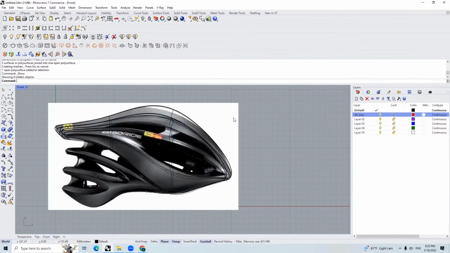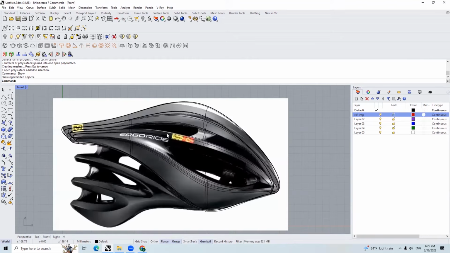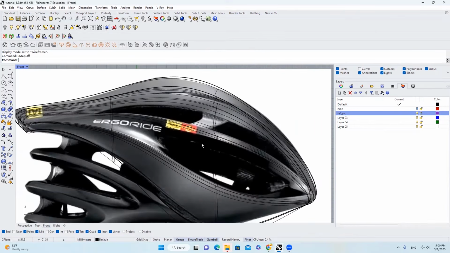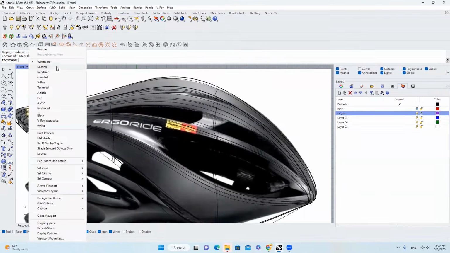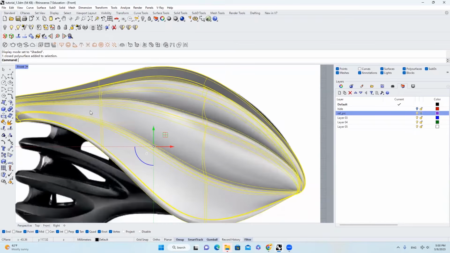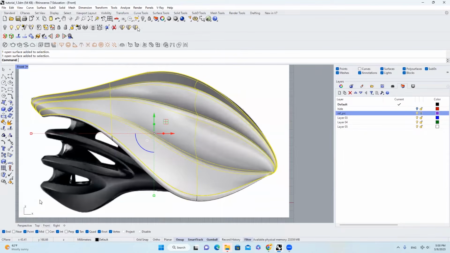I'll unhide the reference image, and then I will start our next step. The next thing we're going to do is turn on those openings on the surface. So I'll go back to the shaded mode, and then I will just explode it, isolate the surface,